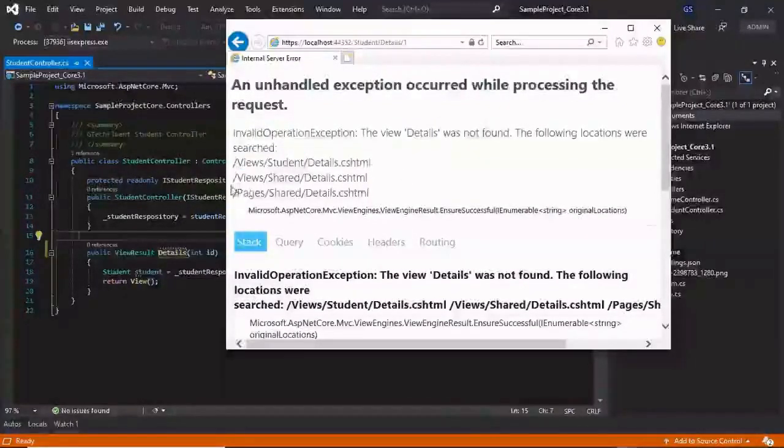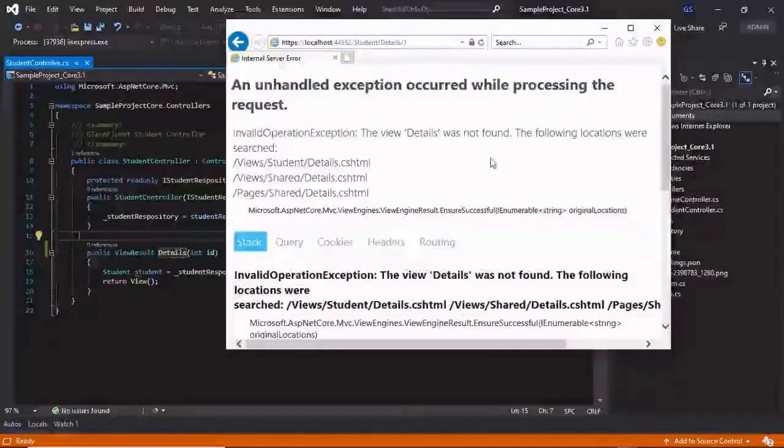Then it looks in Views/Shared. And finally, it will try to find the Details.cshtml file in the Pages/Shared folder. If the requested Details.cshtml file is found, then the view is generated and returned for the particular request. If the view is not found, we will get this error.